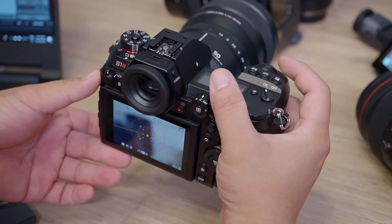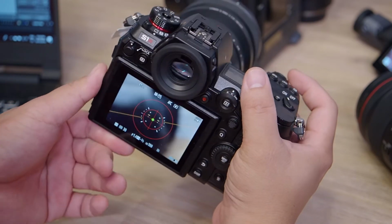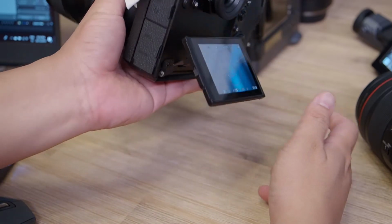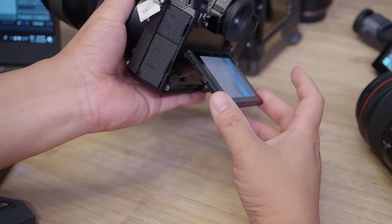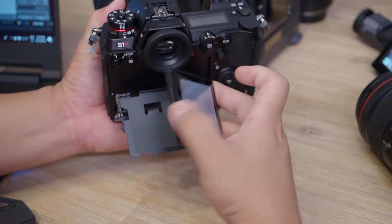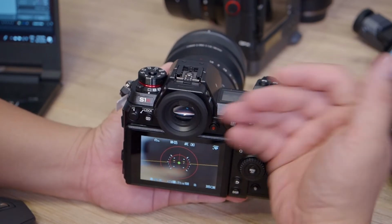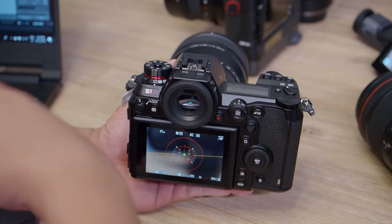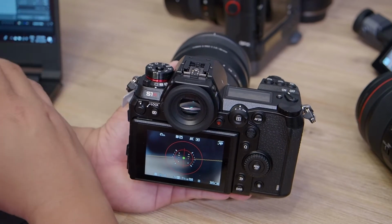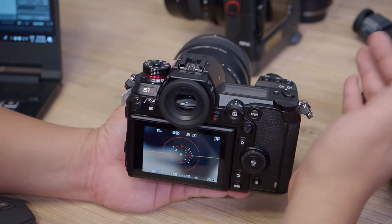There's also one more thing about the physical features that I thought Panasonic did a bit differently from normal, and that is the flip screen. Now, this is a very photographic-oriented screen. What it does is that it flips to the back and it flips to the side. This is really good for photography. It's fast, it's quick, but unlike the swivel screen, it doesn't go in front and it doesn't give a full amount of rotation and angles to view from. If you ask me, this is good for photography, not so great for video,